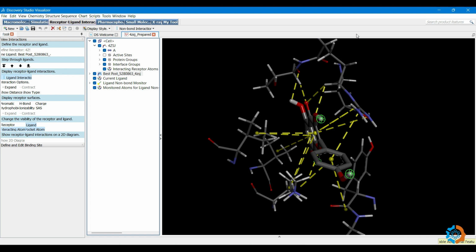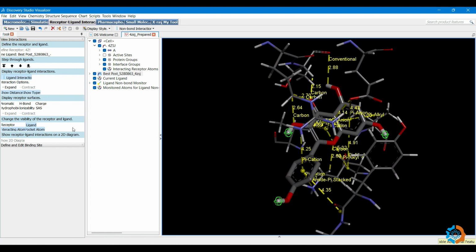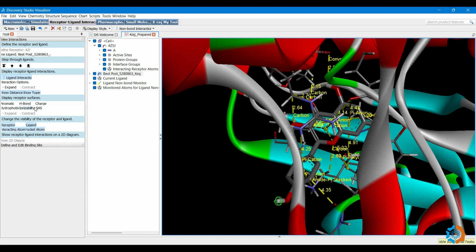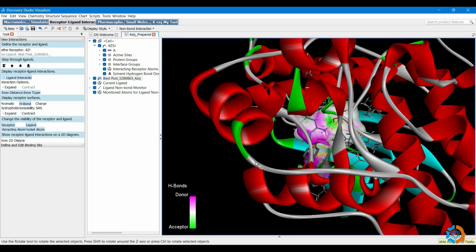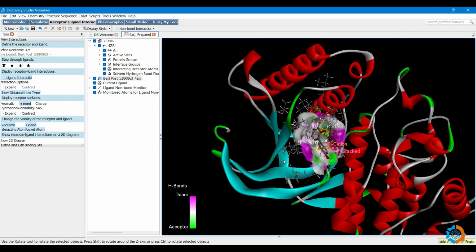Close this option. After that, you will save a 3D picture of the interaction between the ligand and protein. For this, you just come here and select this option, show distance, and then select this option also, show type. These are the types. After that, select receptor and then hydrogen bond. Zoom out, optimize the place of your interaction so that you can save the 3D structure in an appropriate form.